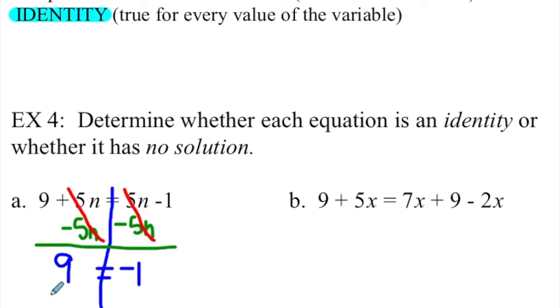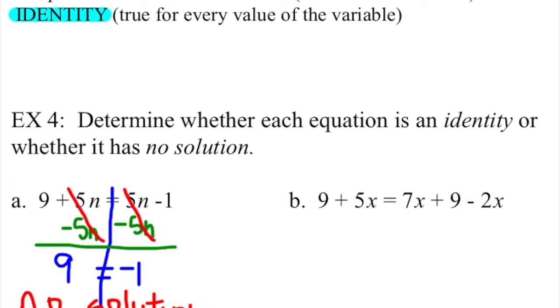And since it's not true, that means there are no solutions to this equation. So this is an example of having no solution. So from now on, you're going to have to watch for the option of having no solution now that you are aware of it. So if we then move over to example B,